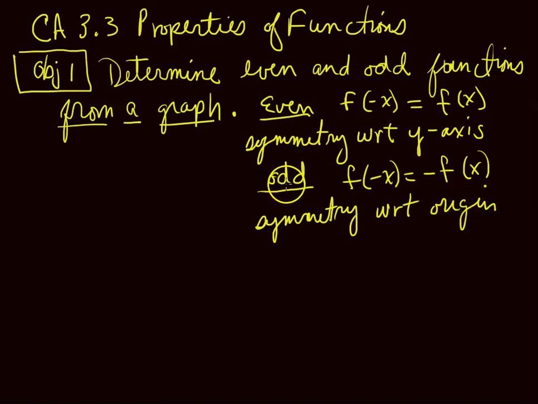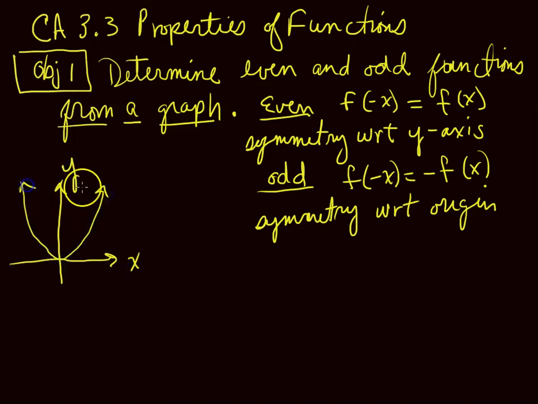So, if we can see there's symmetry with respect to the y-axis, we have an even function from the graph. If we can see that there's symmetry with respect to the origin, we have an odd function. How would you look at that? Well, let's see here. If we have our friend y equals x squared, this is maybe the easiest one to figure out because the 2 is an even number. This is an even function, not because of the 2, but because it has symmetry with respect to the